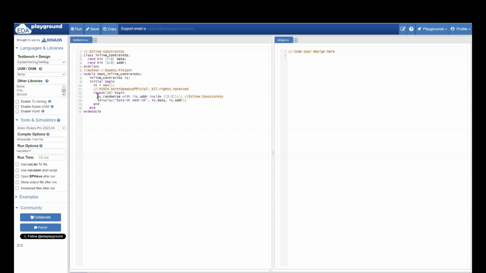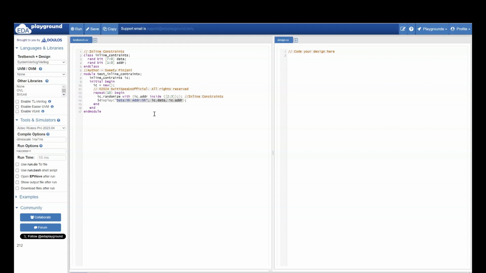So here if you see, I have called randomize method, which will randomize your random variables, and I have used inline constraint with, and I am saying that the address I want to generate only 2 or 3. And later on, I am displaying the values of data and address. Now, what am I expecting?